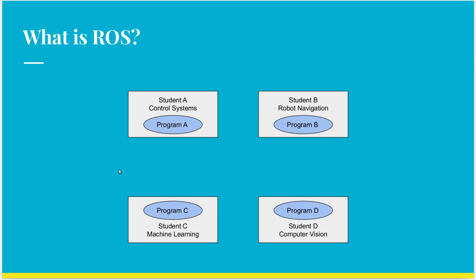Now assume that they then get introduced to each other and want to form a team to build some kind of robot software. They come up with an idea, and when they start implementing it, they realize that the programs they had individually written are not working when put together in a single system. This happens because when they were working in their own colleges, they used different conventions, different types of robots, and different types of data.